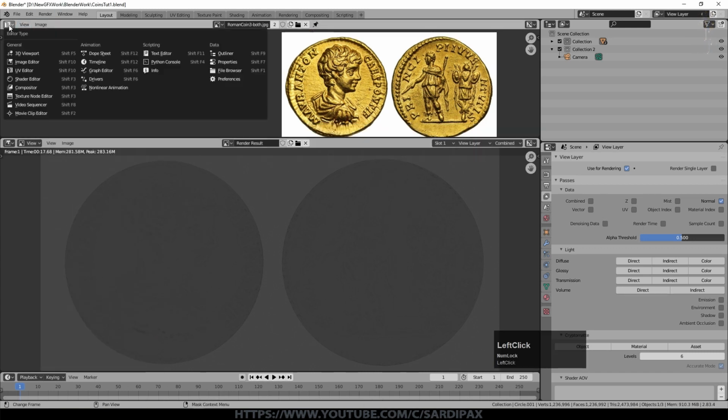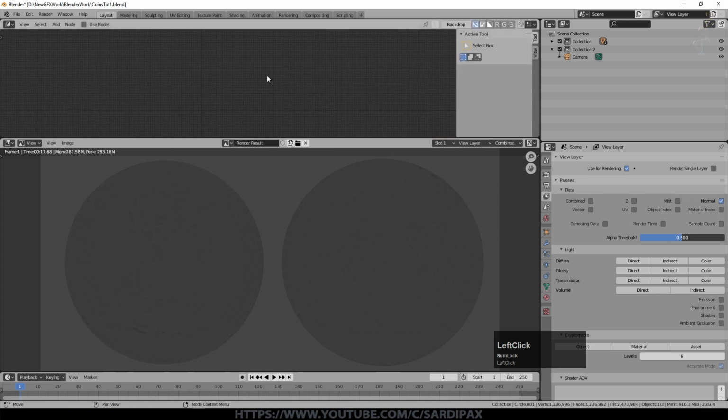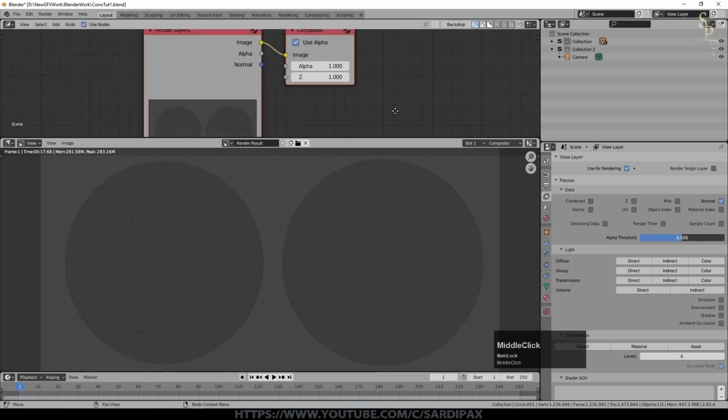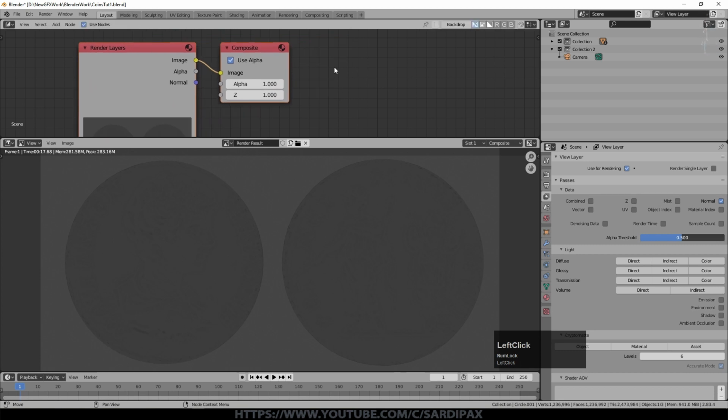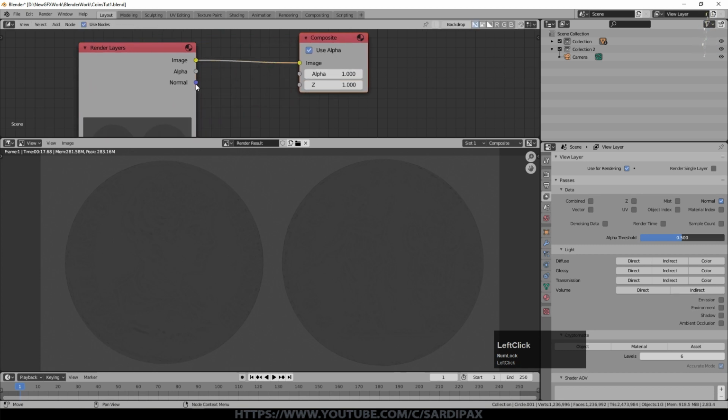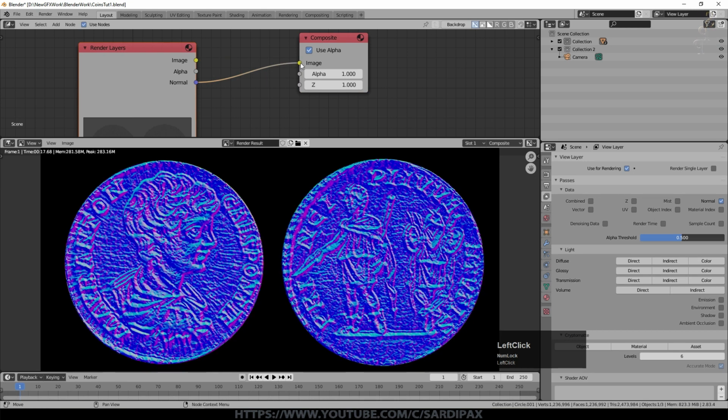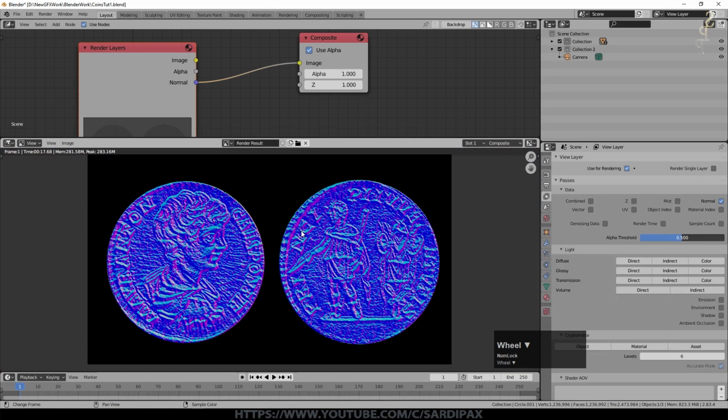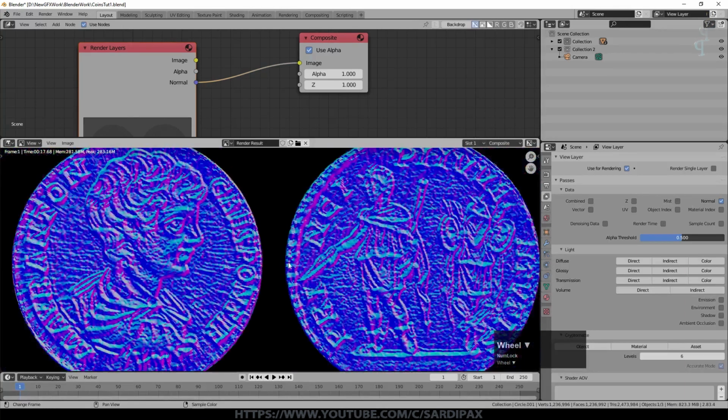So if we go to the node editor and go to the compositor and say use nodes, you'll notice currently it's connecting the image to our composited output. But I'm going to take the normal and take that out to our output. And now suddenly you can see, if you're familiar with them, that this is now a normal map. Normal maps use colours, red, green and blue, to define whether a part of the geometry should be rendered as if it's coming toward the camera or going off slightly to one side, and so on and so forth. So it's an X, Y and Z direction defined with colours.